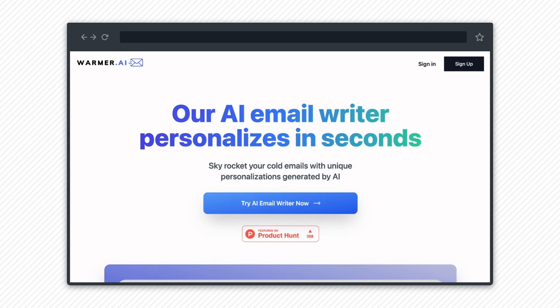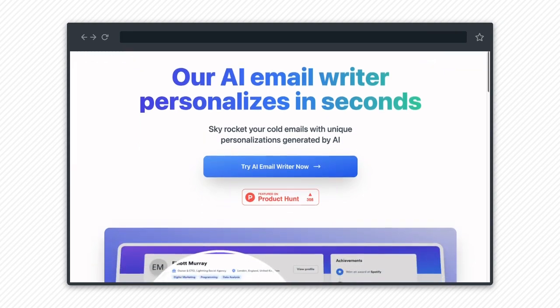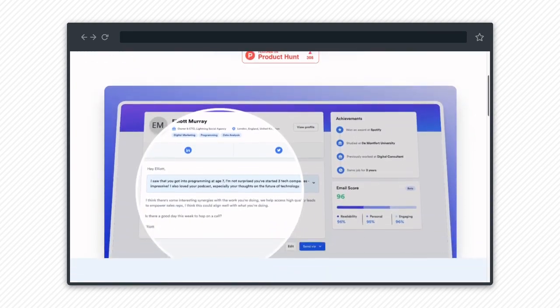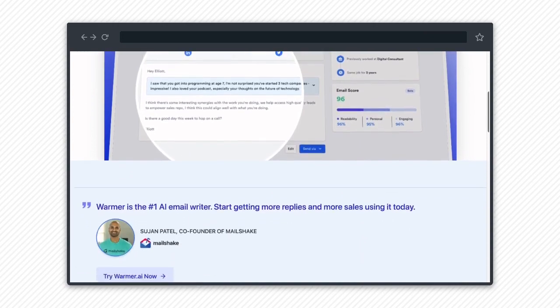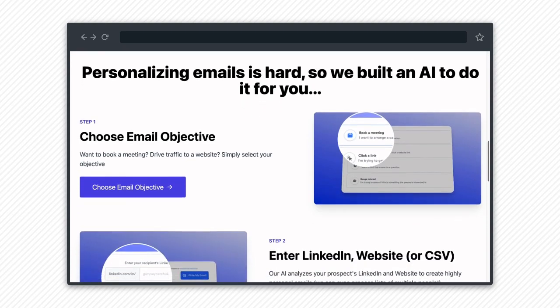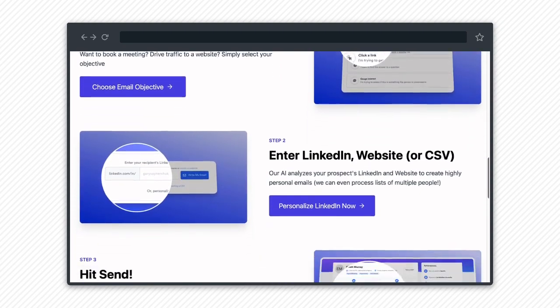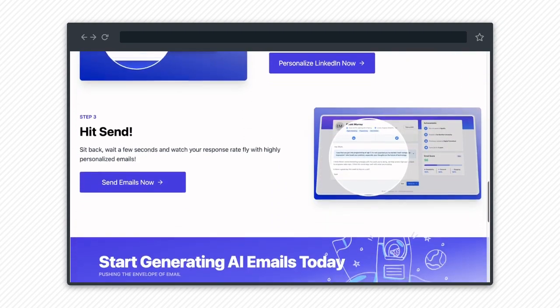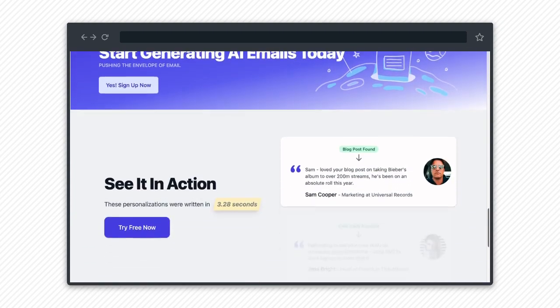And third tool, Warmer.ai. So this is an AI tool that helps you write unique icebreakers if you're doing cold email outreach. So you give it some info, either some person's LinkedIn page or their Google Maps page, and it will try its best to come up with a unique and original opener using AI written in natural language, plain English. I have tested it. It's a bit hit or miss, but I think the idea is there. So it'll be interesting to see how this develops.